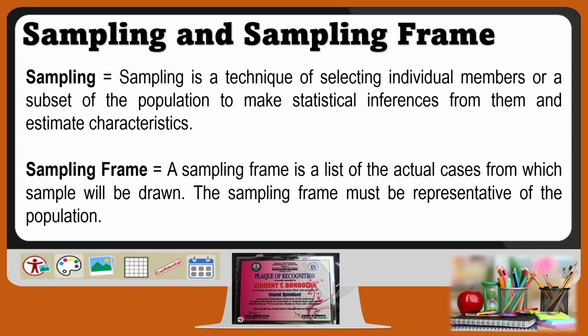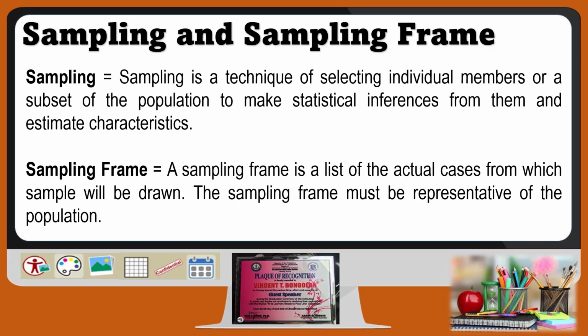Let's say this is a tracker of the graduates in PUP. So the population would be the undergraduate students in PUP. The sampling frame would be